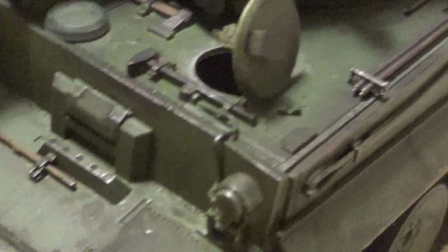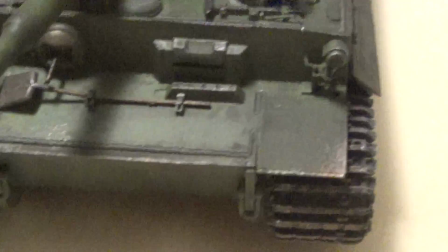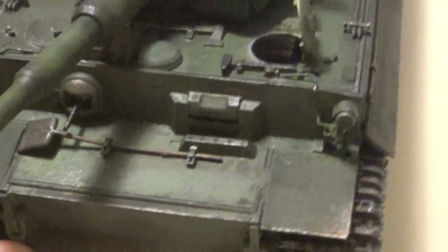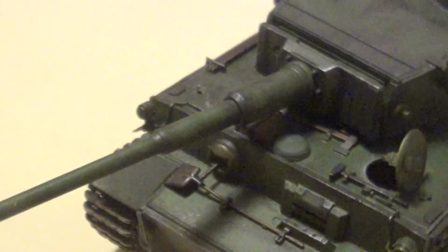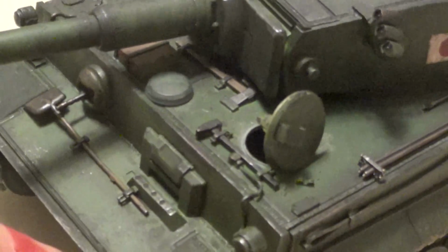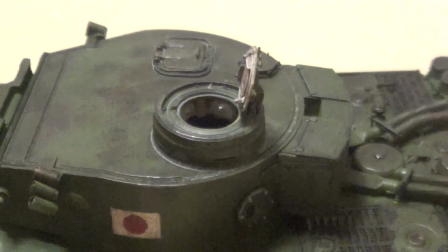This tank is not 100% complete yet because I have a Japanese tank crew en route that I'm going to put on this tank. And once it gets here, I'm going to put them together and mount them, one in there and one in here. This side is the driver's hatch and the commander's hatch, and the